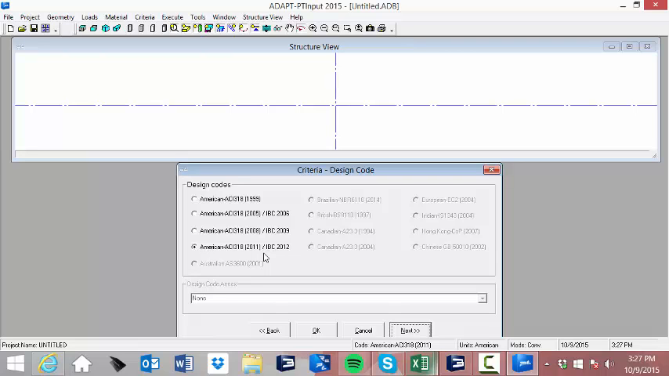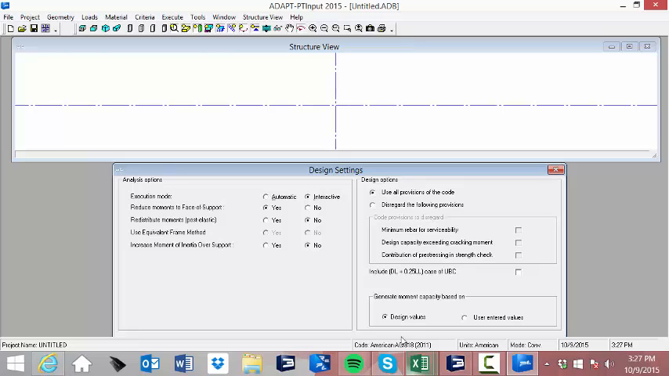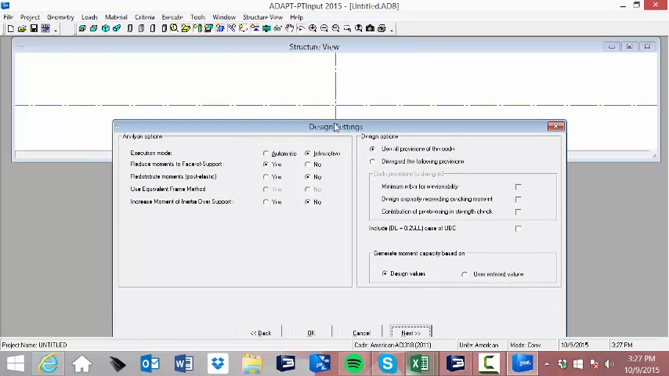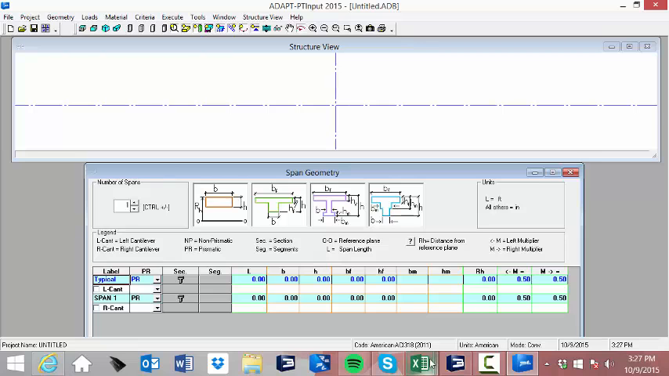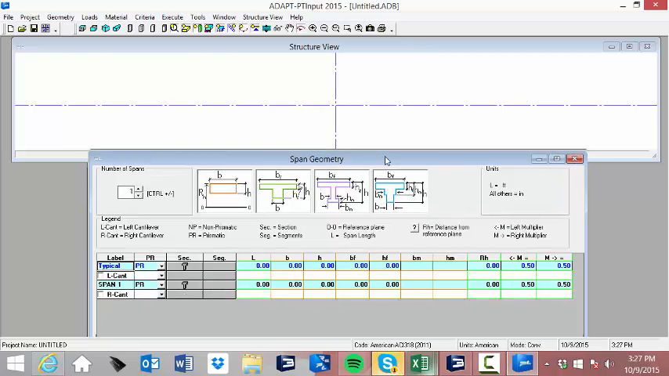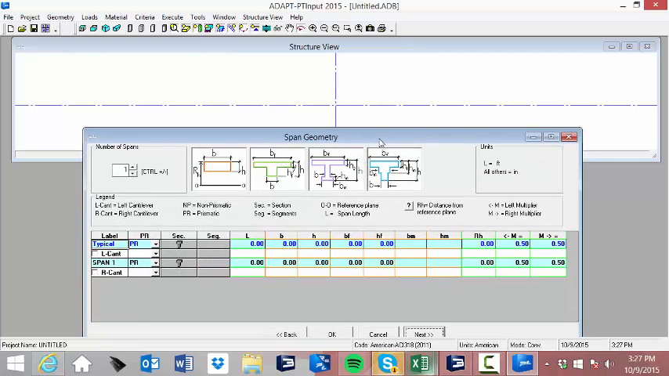And we're going to use the design code ACI 318-2011. Under the design settings, we will use all of the settings shown as is under the default condition. And now we'll get into the span geometry. So in the span geometry,